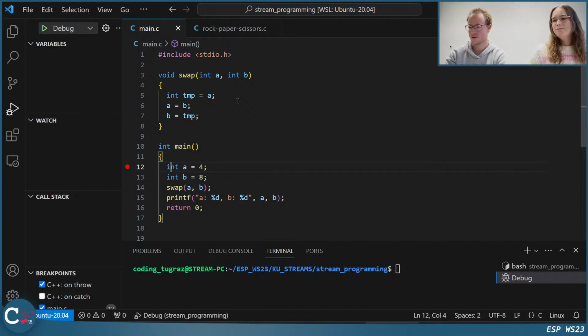Yeah, and there's one suggestion that we should return an array or call by reference, or whatever this means. Returning an array can be tricky in C. So we will not show this to you because this can lead to some problems. But maybe we will remember that for next week to show what happens when we try to return an array from a function. Yeah, that's a good idea.